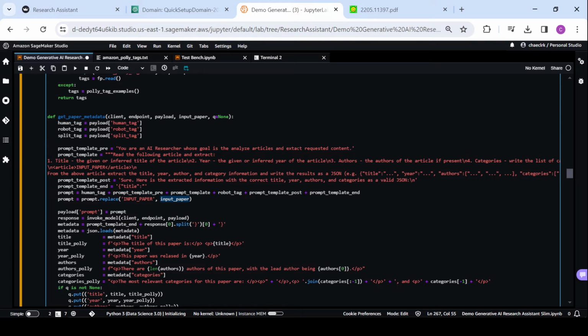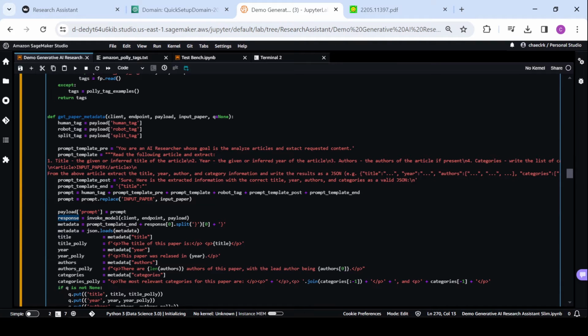And following this, I'm just getting everything set up to actually invoke the model. So those functions above that call Bedrock, I'm just setting that piece up. So for my payload, I set my prompt to be the prompt that we just formatted and created, and then I'll get the response. So I'll invoke the model, get my response, and now I need to extract some information. Because I know this is JSON, I'm going to turn this into valid JSON so I can